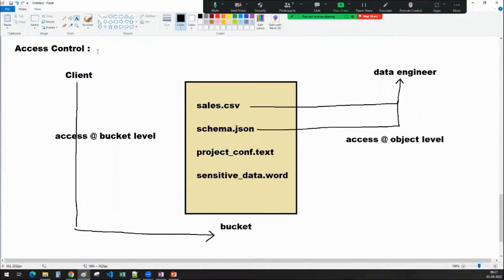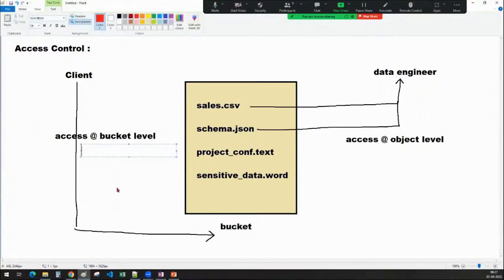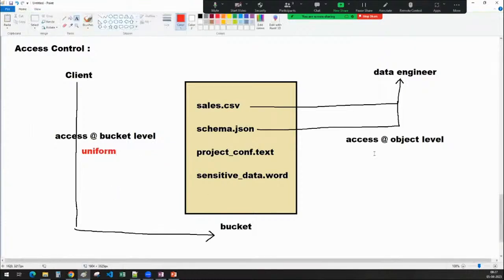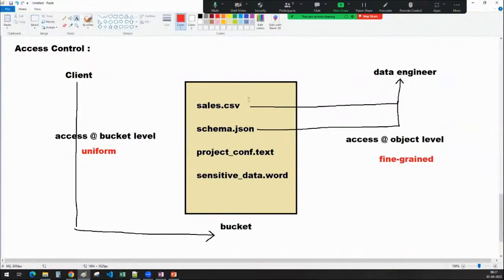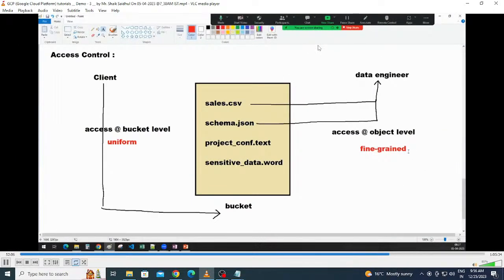In other terms, access control is called uniform, and this is fine grained. The name says it: uniform means access to the entire set of files inside a bucket. That is nothing but access at the bucket level. Fine grained, the access will be a granular access to the